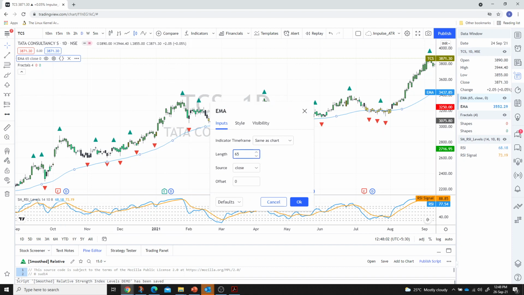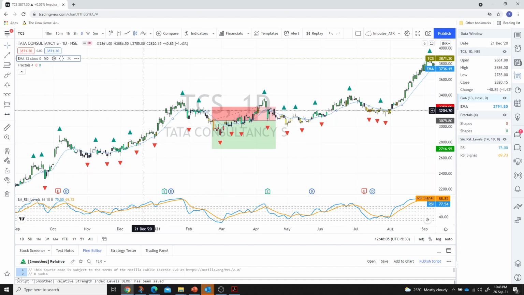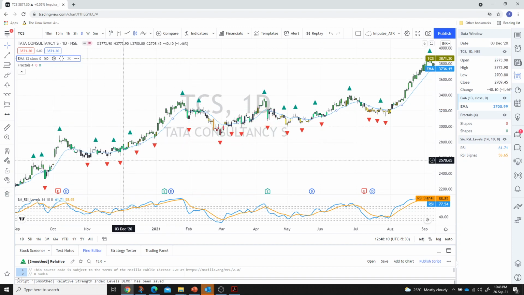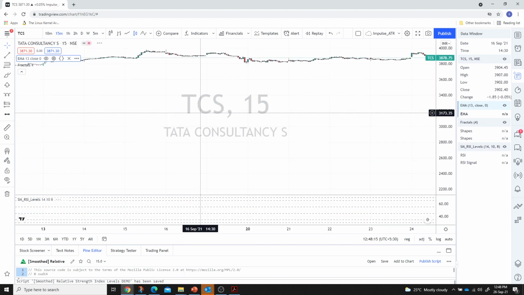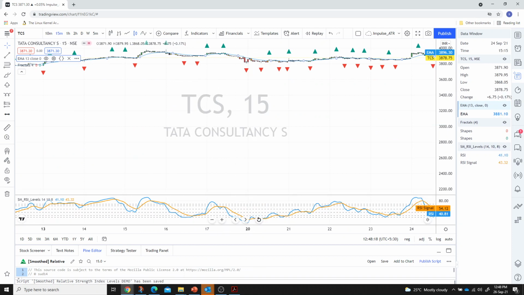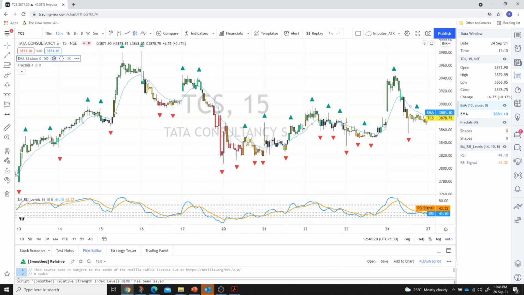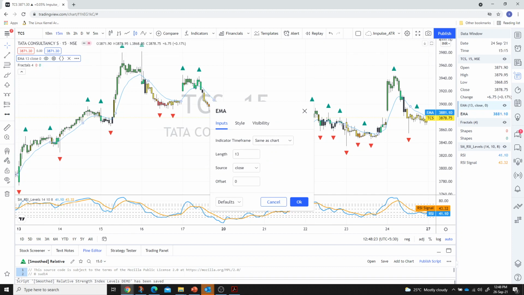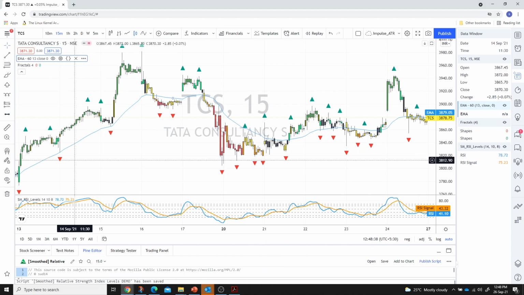I have talked about multi-time frame. So let's say 13 moving average on a daily time chart doesn't tell you much. It is very close to the price, but I want to see what price is doing in the higher time frame, right? So for that, what I can do is go to the indicator and say indicator time frame. You can go to the higher time frame, as we said, rule of thumb. Then you say indicator, so a higher time frame 1 hour, and then you say okay,